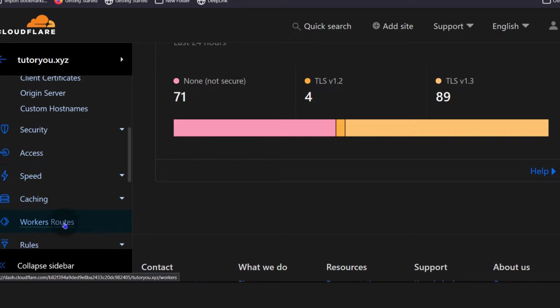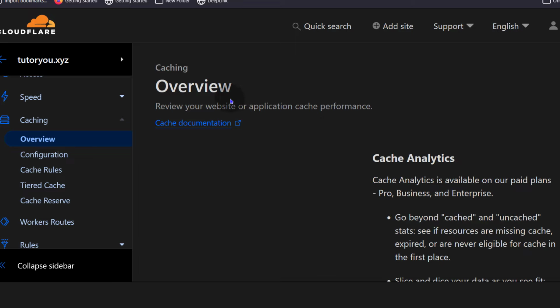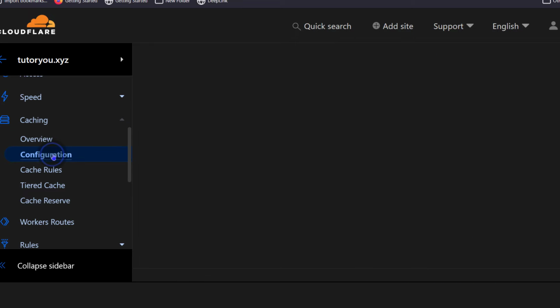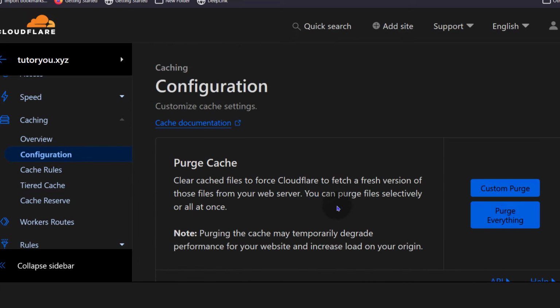If you want to change the website cache settings, just click there on caching. Let's look at configuration and you can purge the cache. So Cloudflare provides an automatic cache. So as long as you add your website to Cloudflare, it will cache your website. You can change the different cache settings right here.